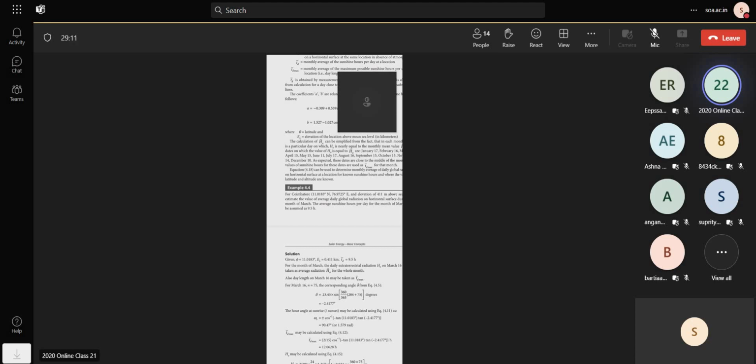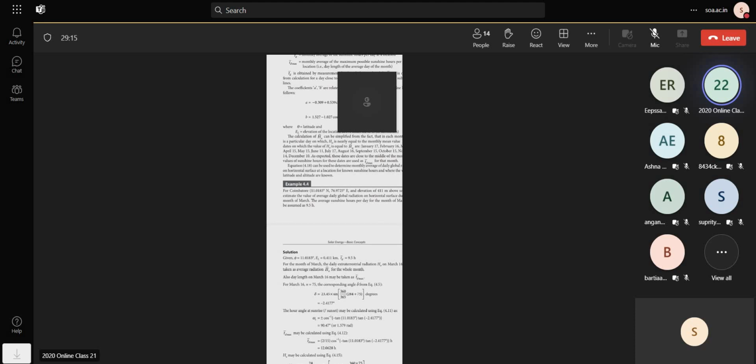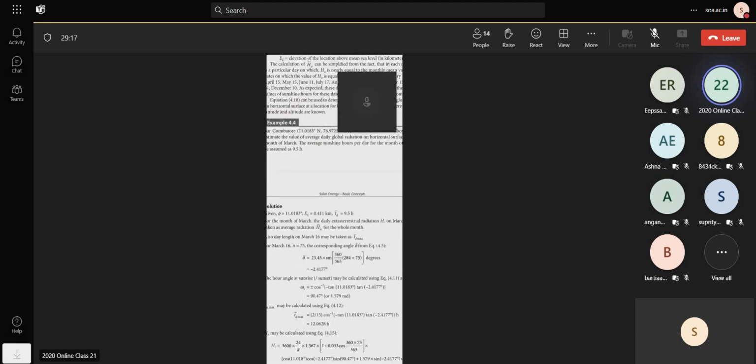ओके, यहाँ पे लिखा है, देखो ये phi का वैल्यू है आपका 11.0183। ठीक है, आपको phi का वैल्यू है 11.0183। एग्जैक्टली ये मतलब डेल्टा का एग्जैक्टली इतना नहीं आएगा, इसीलिए बोल रहा हूँ आपको कैलकुलेट करने का। tan डेल्टा, डेल्टा इज, इसका डेल्टा आ रहा है -2.4177, सो माइनस tan phi इंटू tan डेल्टा।